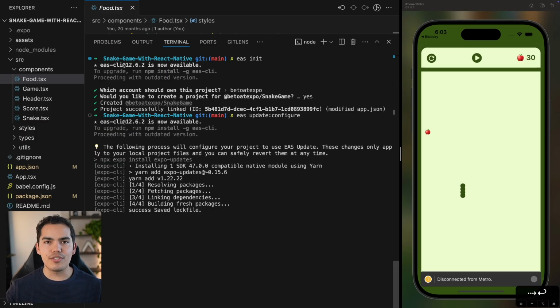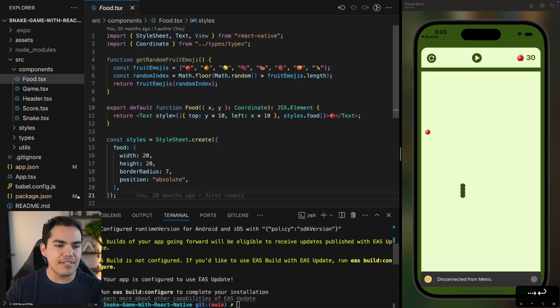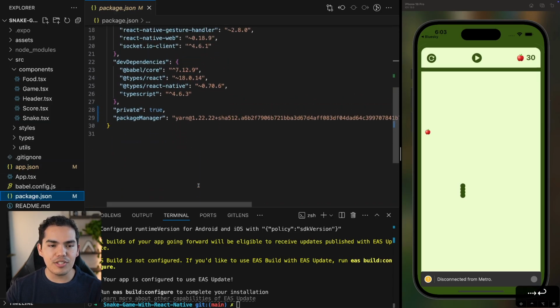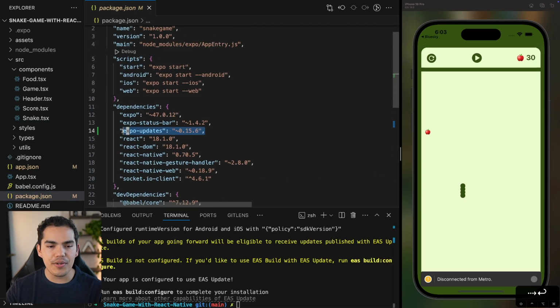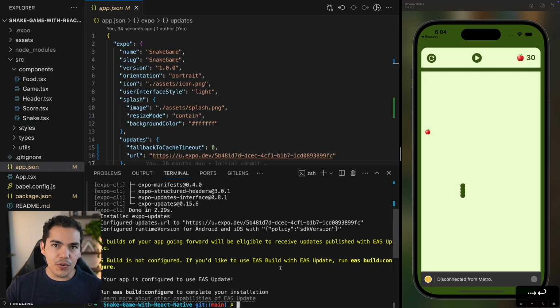This is going to start installing expo-updates. And if we check the diff here, you can see that now we changed some things in the app.json as well as in the package.json. If I scroll, you can see that we have expo-updates. By the way, I'm using an old version of Expo, but it should be fine for this simple game. So yeah, this command installed expo-updates as well as the updates configuration in my app.json. So that's it for configuring an update, but we actually need to configure EAS Build so that we can build